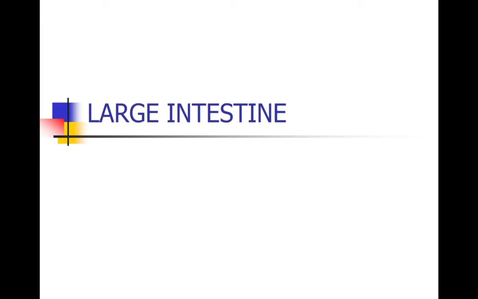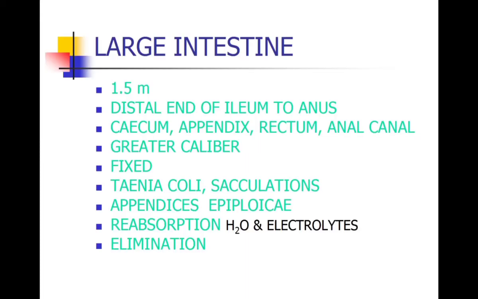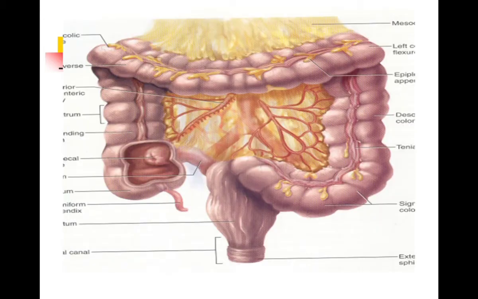As regards the structure of the colon, the colon is 1.5 meters long, and this is the colon. You can see the diagram of the colon. You can see the cecum, the ileocecal valve, where the ileum is opening here. This is the blind diverticulum, which is known as the vermiform appendix. This part of the large intestine is called the cecum. Then this is the ascending colon, this is the transverse colon, this is the descending colon, and this is the sigmoid colon and the rectum, and then this is the anal canal.